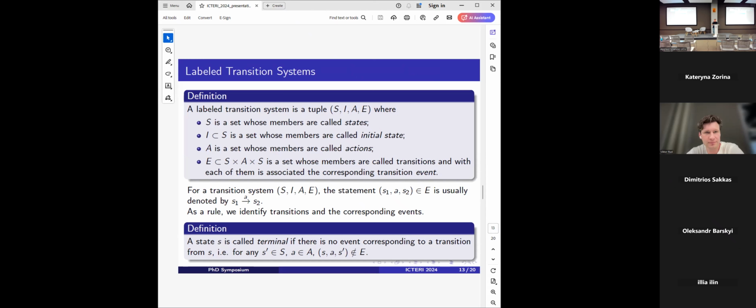We define a labeled transition system as a tuple. You can see S, I, A, E on the slide, and also the definitions of S, a set whose members